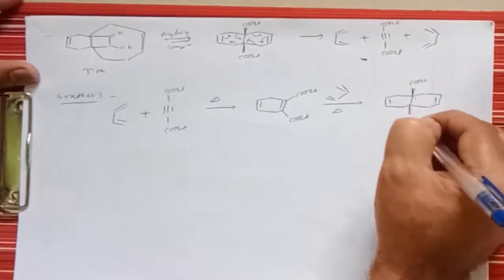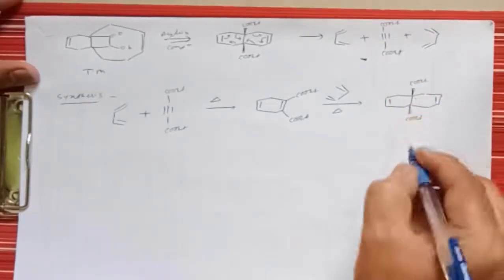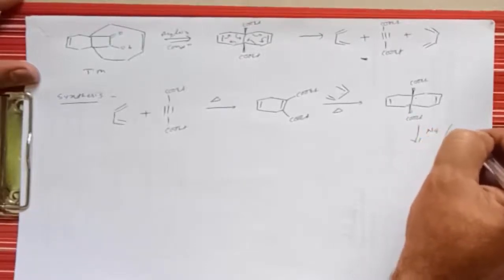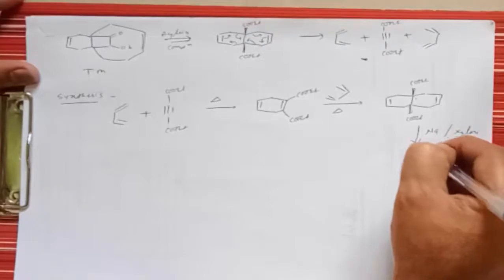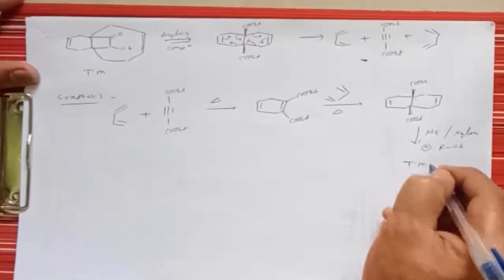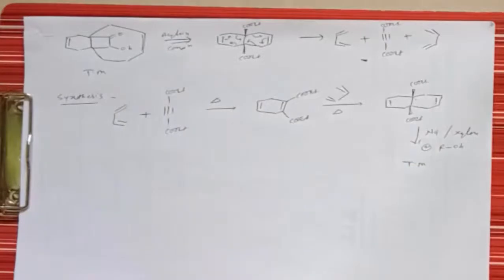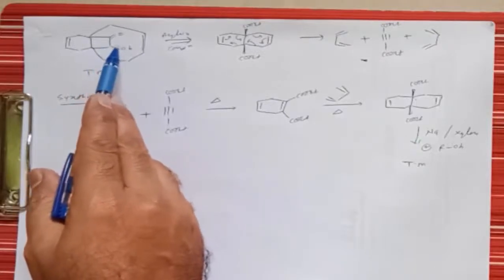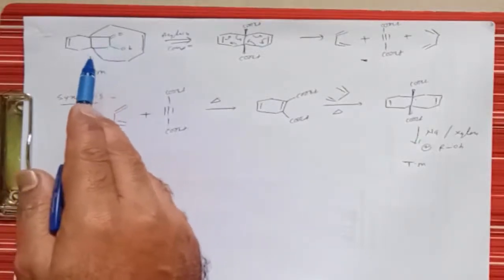Here is again COOEt, and if we treat this molecule with sodium in the presence of xylene, and secondly if we treat with this alcohol, it gives formation of the target molecule, because the ester will undergo reduction, and that will give formation of such type of alpha hydroxycarbonyl compound as in the acyloin condensation, right?